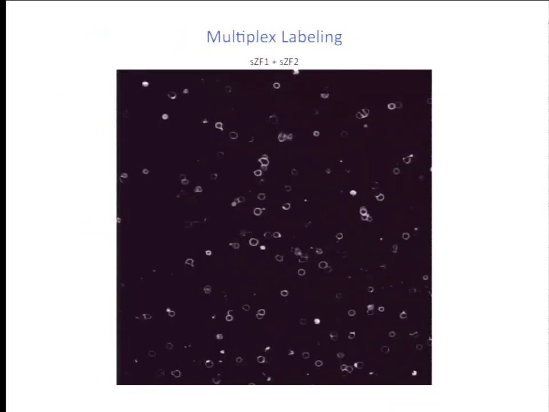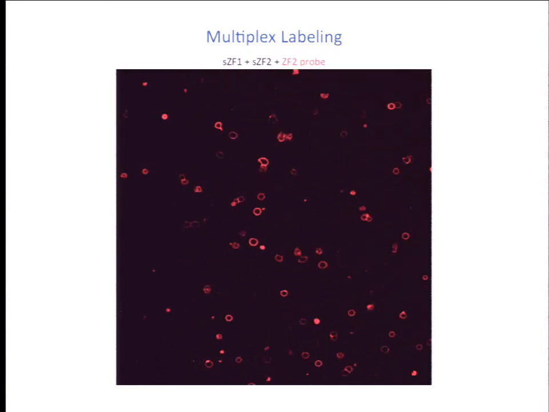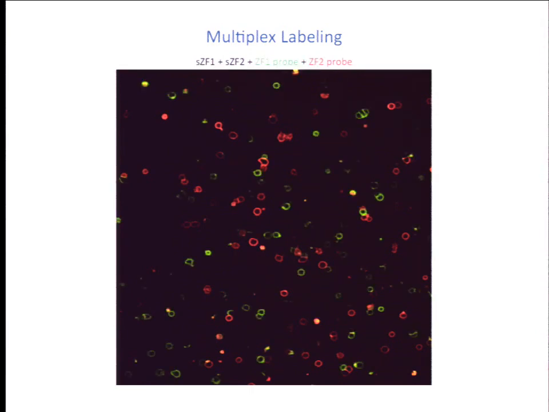For instance, here there are 2 cell types that are mixed together, one expressing zinc finger 1 and another expressing zinc finger 2. And they have been exposed to a fluorescent DNA ligand. And here is a confocal scan of the mixture of these 2 cells. And indeed, what one finds is there are these beautiful ring-like structures that form around the cells because these are cell surface proteins that have been exposed to this fluorescent ligand. And if one just zeroes in on the signal from the zinc finger 2 probe, that is shown in red here. But if one overlays the signal from the zinc finger 1 probe, then what one finds is that one can indeed do very multiplex labeling in a highly cell type specific fashion.